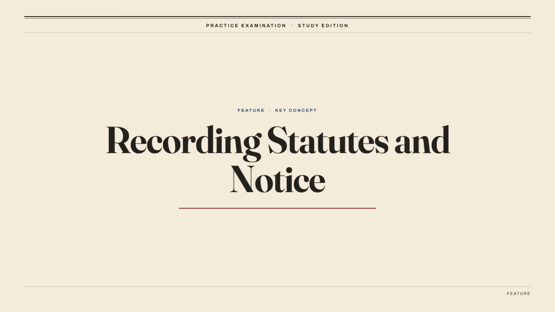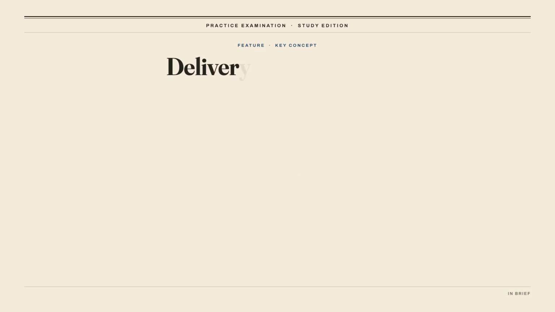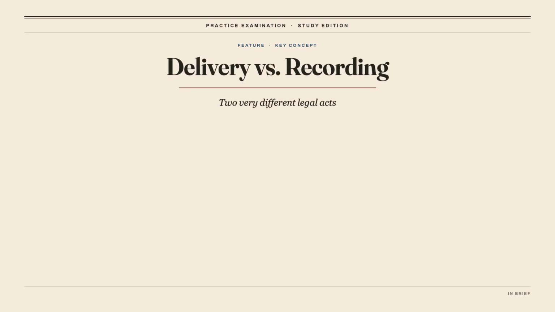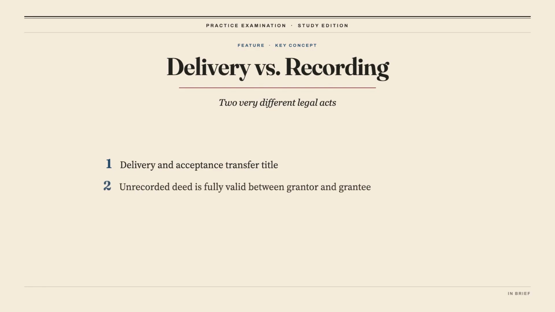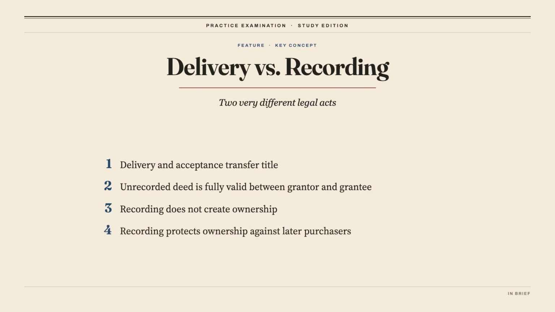When two deeds exist for the same parcel, the law doesn't ask who signed first. It looks to the recording statutes because a buyer has no way to peek inside a stranger's desk drawer. A deed transfers title the moment it's delivered by the grantor and accepted by the grantee. Recording plays no part in that transfer. An unrecorded deed is completely valid between the two original parties, but what recording actually does is protect that ownership